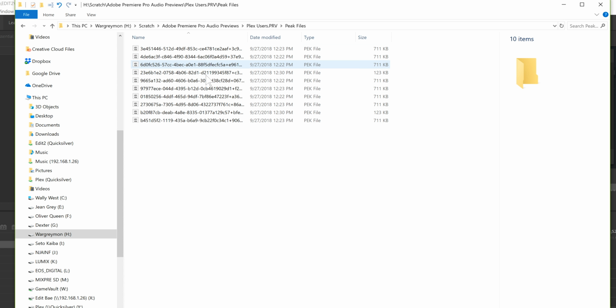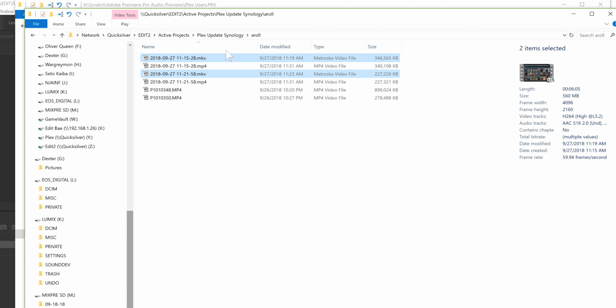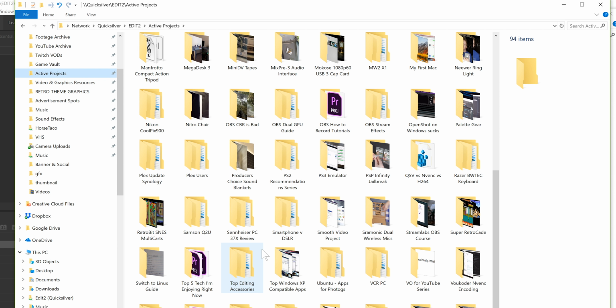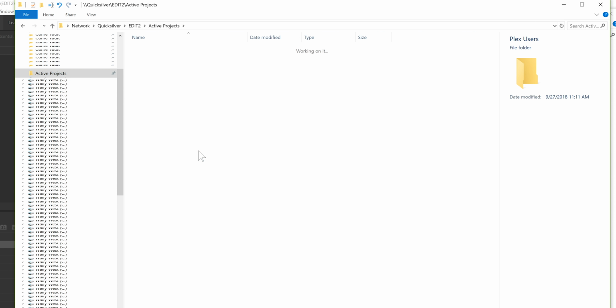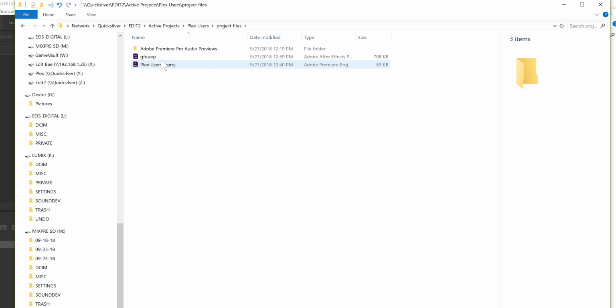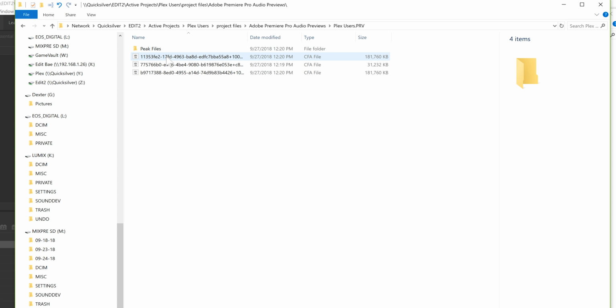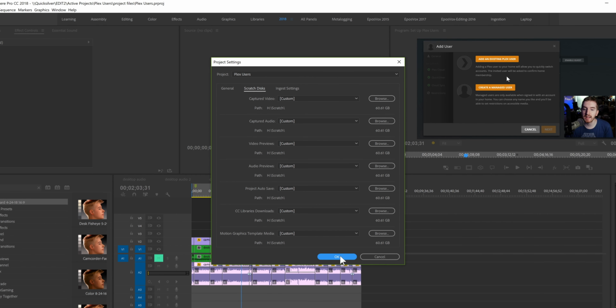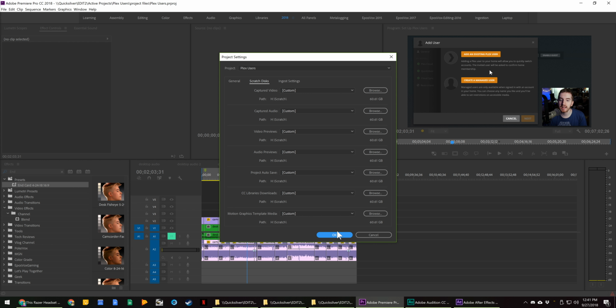They are being updated. But if you go to the actual folder for the project that I am working on, which is right here, there's audio previews here as well. And the issue is it doesn't seem to want to stay with the project settings folder. It keeps putting them here,